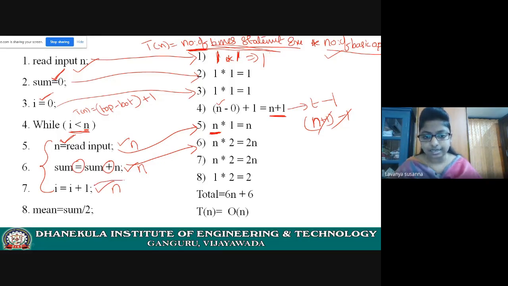Now, the statement I equal to I plus 1, which is also inside the while loop, executes n times. Plus and equal to are two basic operations. So n into 2 equals 2n.